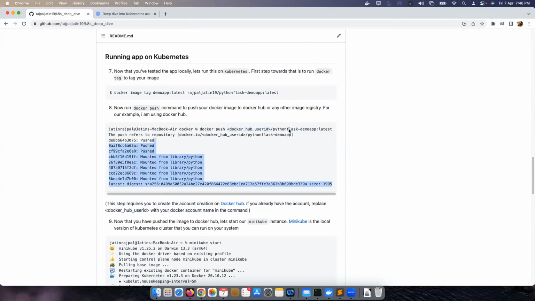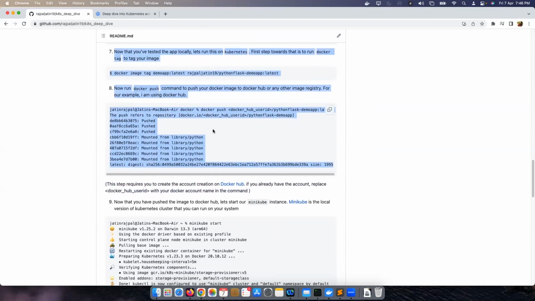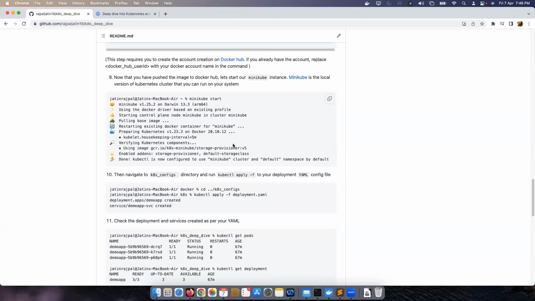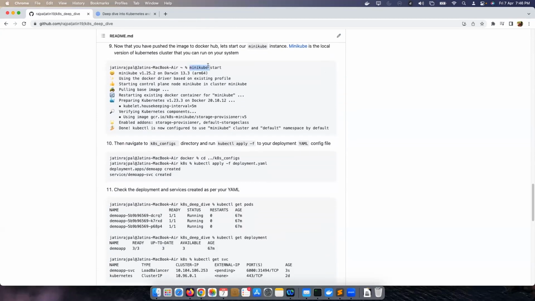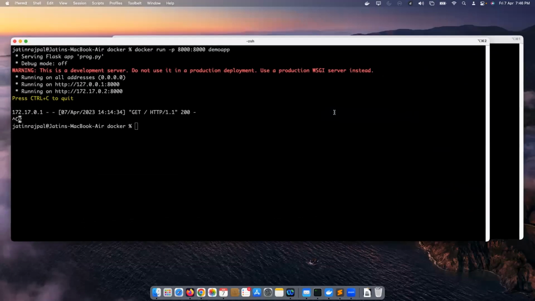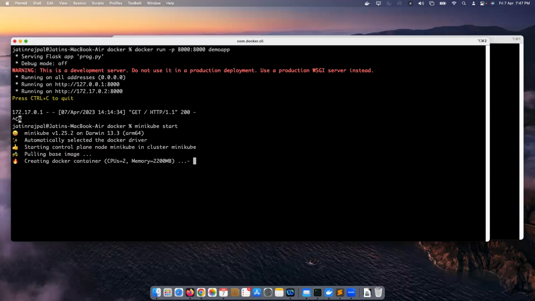So now that my image is pushed to Docker Hub, through these commands we can do the deployment. How are we going to do the deployment? Right now I don't have any Kubernetes running, so I'll be making use of Minikube. Minikube is a scaled down Kubernetes cluster that you can use on your system. So we just do a minikube start, and it'll take a few seconds, and it'll start a Kubernetes cluster on the system.